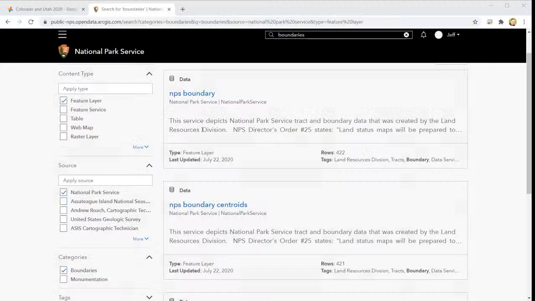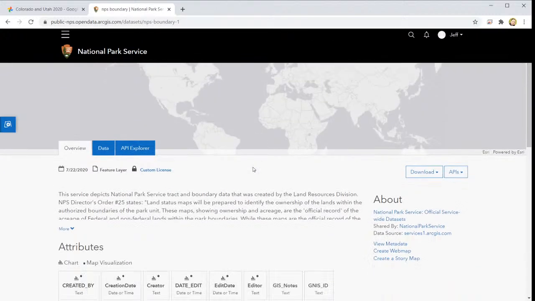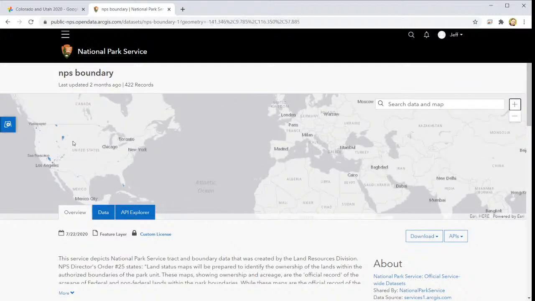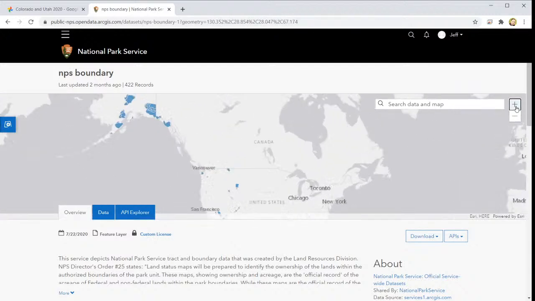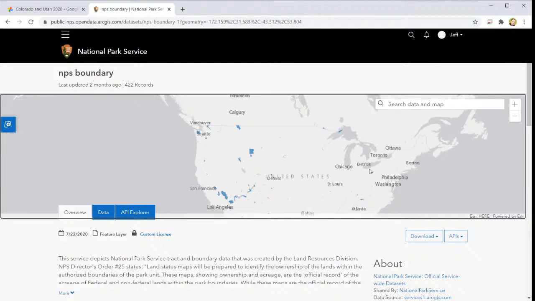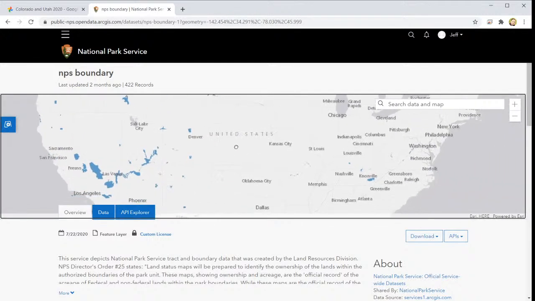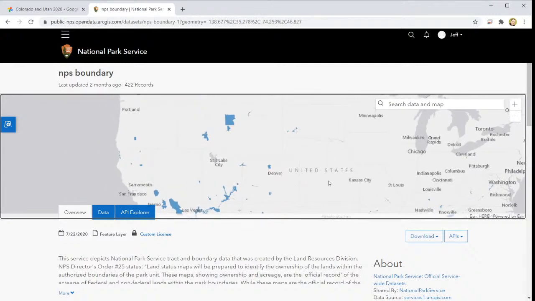But I'm going to use this other data. I'm going to use the NPS boundaries data. And so I downloaded this. Let's click on it actually, and you can see a preview up here. And you can read about it, see all the metadata, you can preview it. So you can see, you zoom in here, you see the national parks, but I can tell already there's more than just national parks here,